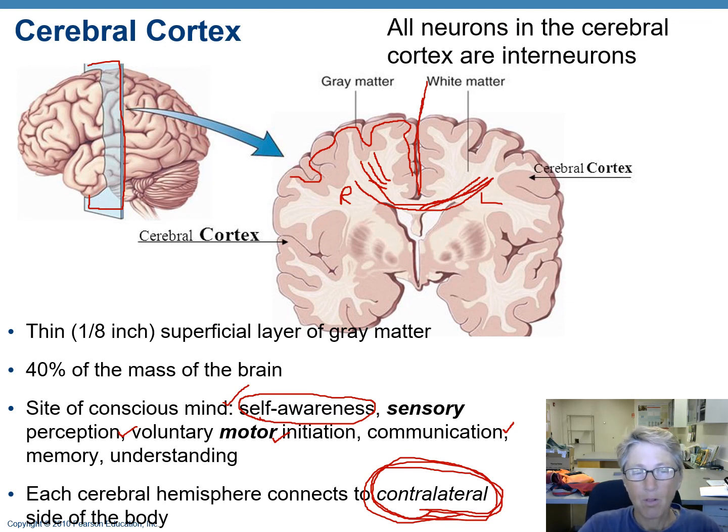And then one other fact, all neurons in the gray matter of the cerebral cortex are interneurons. So they're not sensory neurons, they're not motor neurons, they're interneurons. So they connect sensory neurons and motor